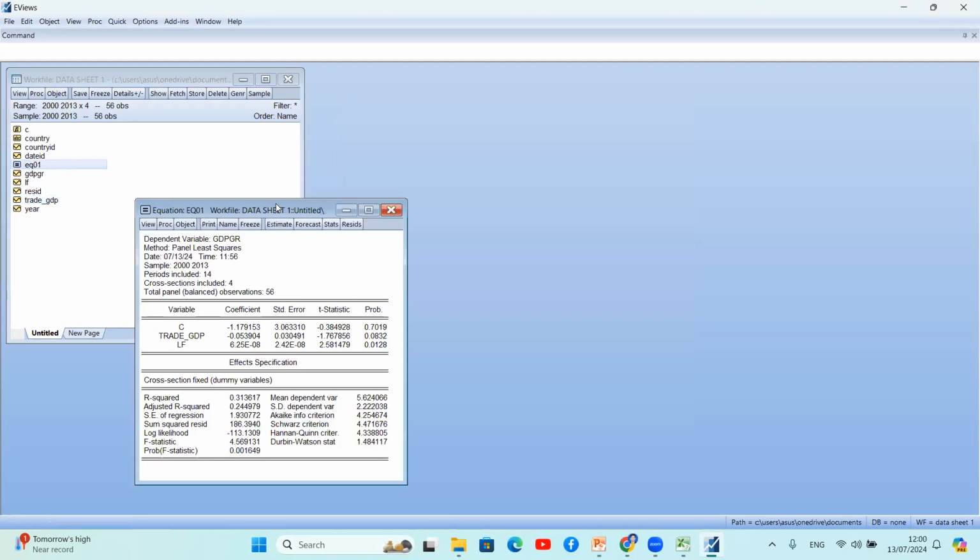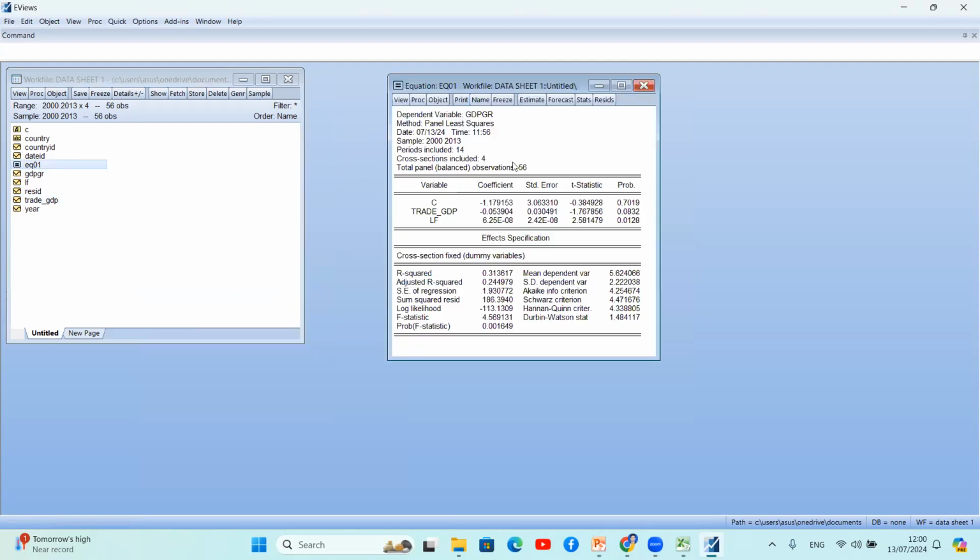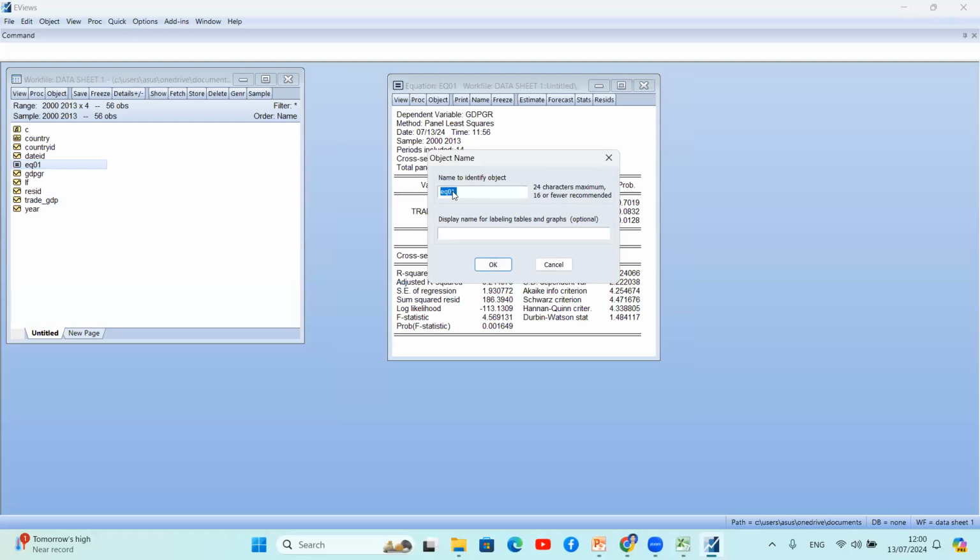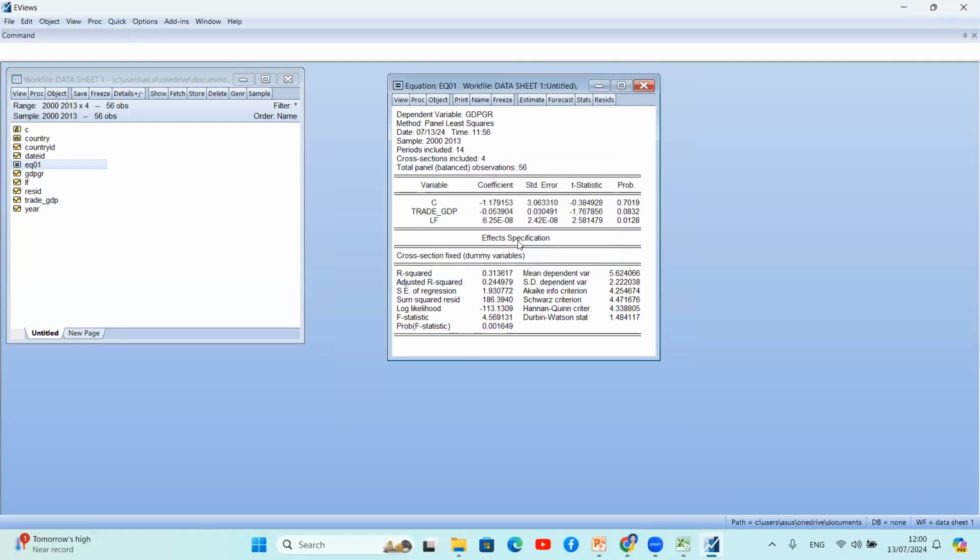Then you can see the results, right? So if you need to save this document, you can see here the name option. Then you can put the name for the results and okay. So this is how we do the regression analysis, panel regression analysis by using